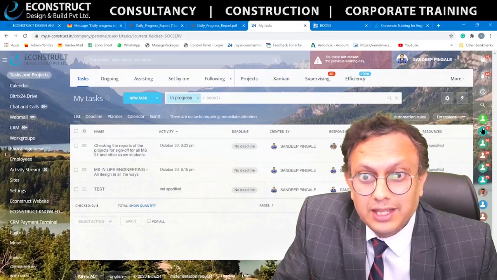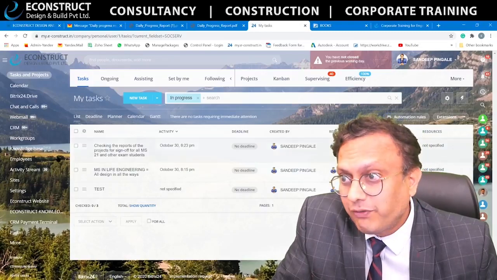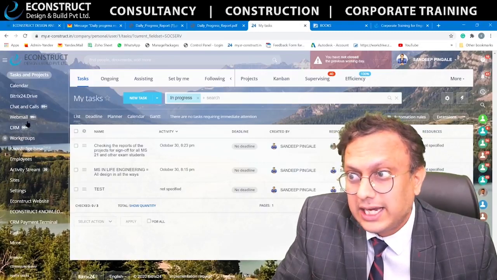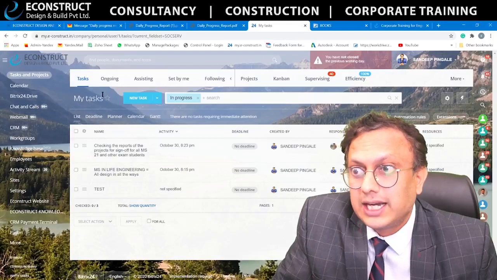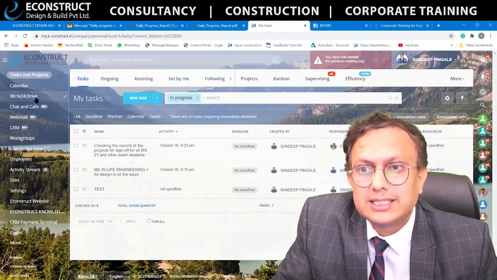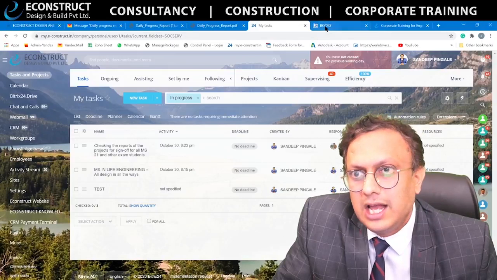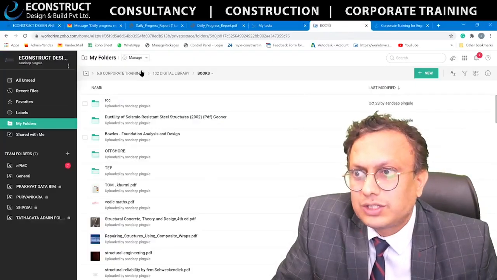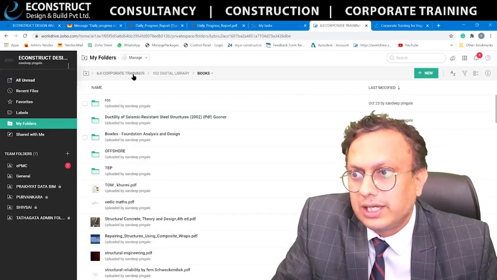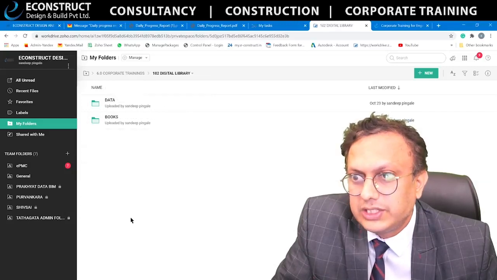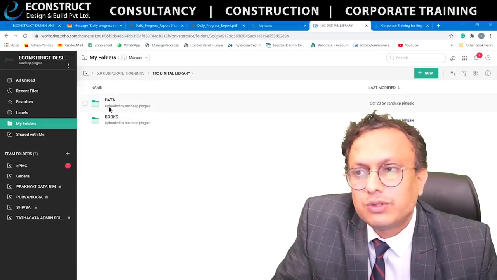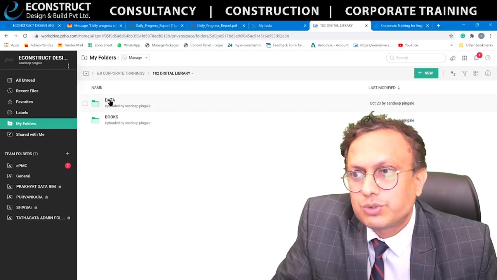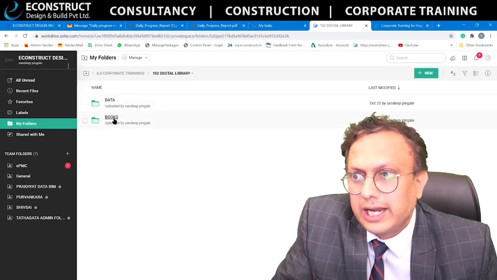One more thing is, apart from this, you can have the mailboxes and other things, as well as chat boxes, and you can also share files, and those kind of things are there. Along with this, we have our digital library over here. See, here you can see that there is a digital library. So we have shared this library with all our students. All the books and databases are there.